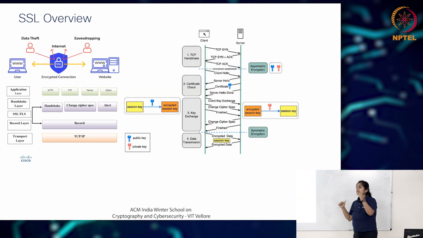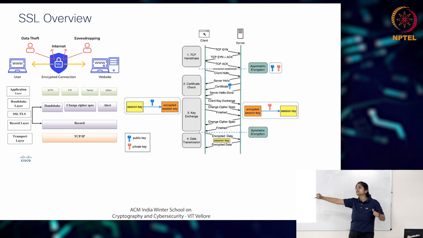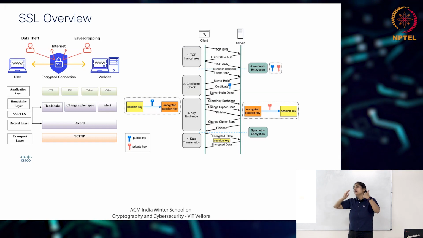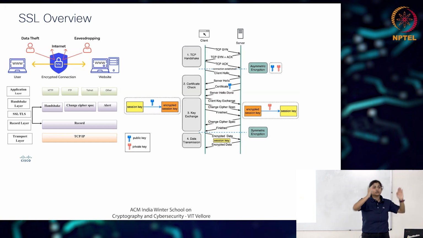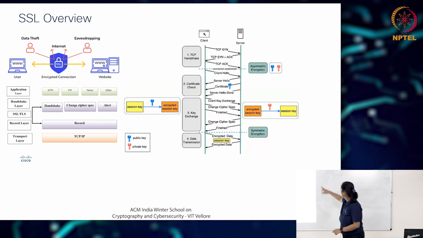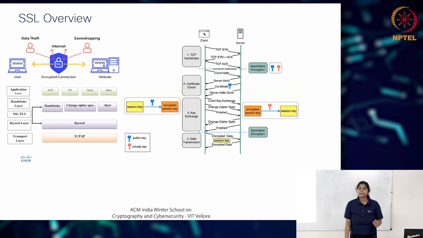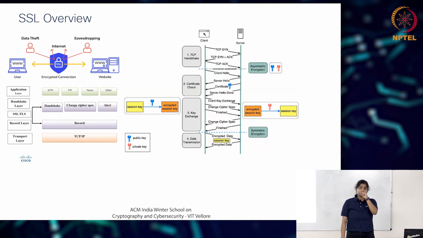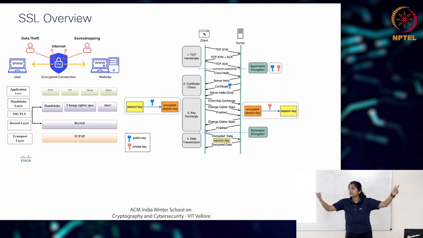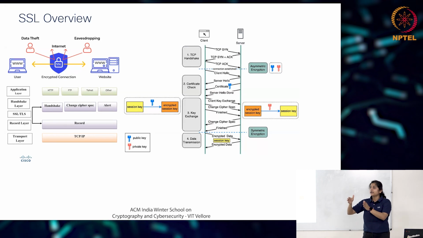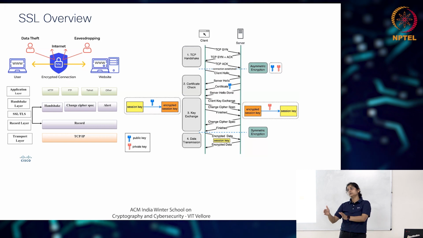And then there comes a change cipher spec message. This is the last message that happens before encrypted data starts. This means for this particular session, before this session I was using some set of ciphers for the data plane. Remember, this is again till your control plane, right? Now for the data plane, I was using a different set of ciphers. I want to change those ciphers to use these new ciphers that I establish, and I'll use the session keys that I got from this session.